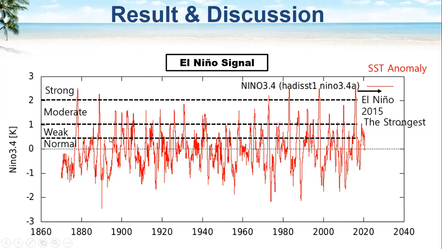So here we can see the cycle of El Nino between 1916 and 1980, we also have El Nino, and between 1980 and 2000, we have one of the strongest El Nino at the time, that is 1997 and